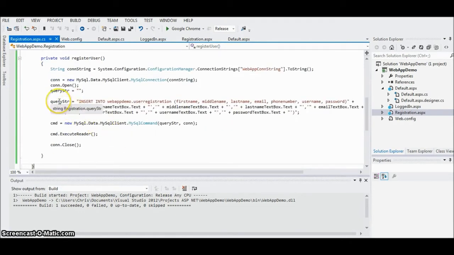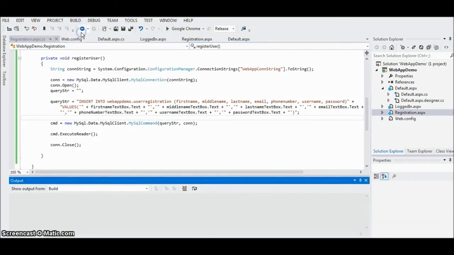FYI, I'm going to show you later on the correct way to actually write to the database, because I'm going to use this type of string structure for logging in, but you'll see later on how this is vulnerable to SQL injection attacks, because I don't do any input validation. I'm just passing in the user's input as is. But just for demonstration purposes, this is basically what you would need to do to write to the MySQL database. So now if we rebuild,